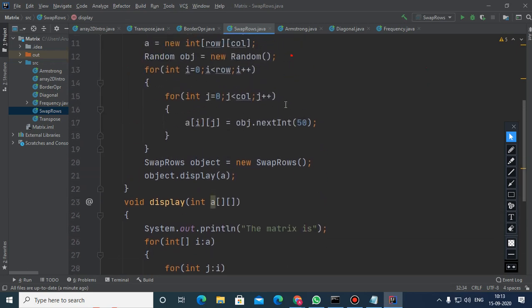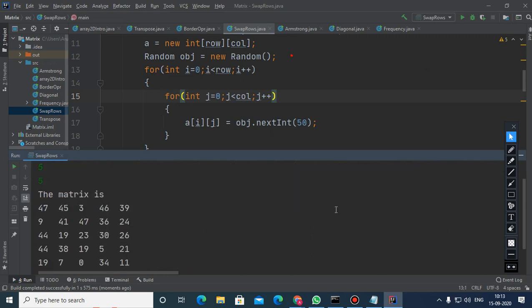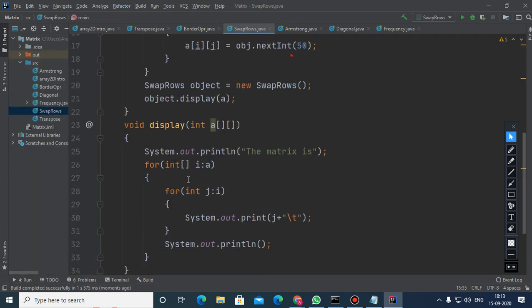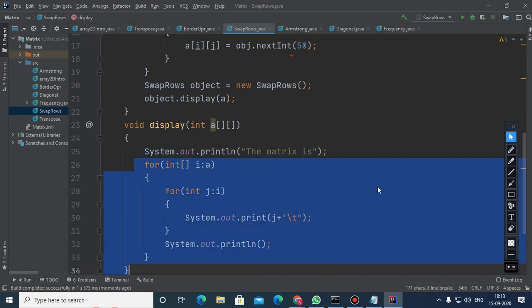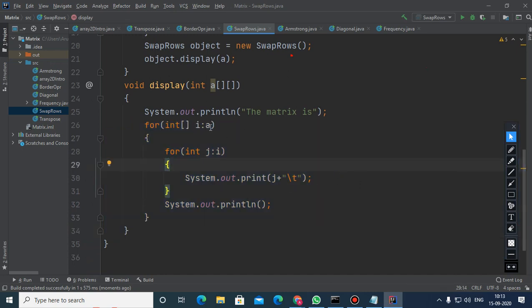So this time also the matrix will get printed, but the whole row will not get printed at a time. The elements will get printed like this. So you can use this method anywhere if you want to process the matrix elements. But listen, we got the very first row, right? And that first row comes here, and I'm printing that.